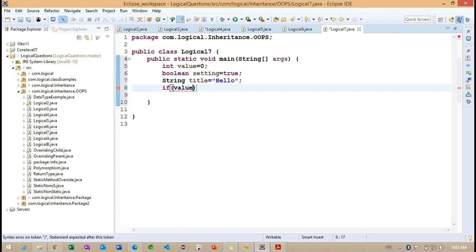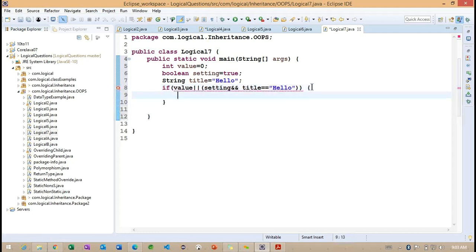Value, or, I want to check with setting and title equals hello. So what I want to do is return 1.